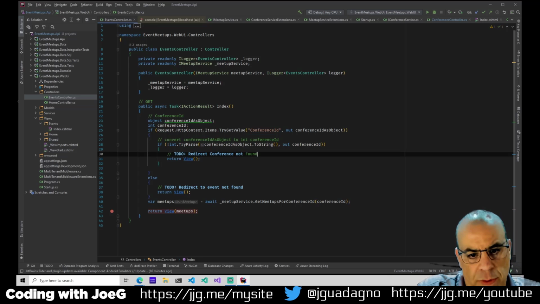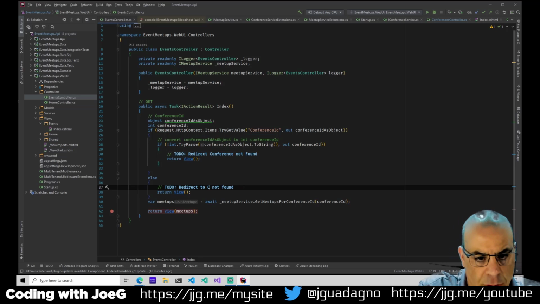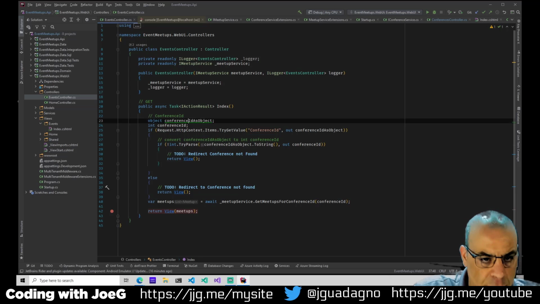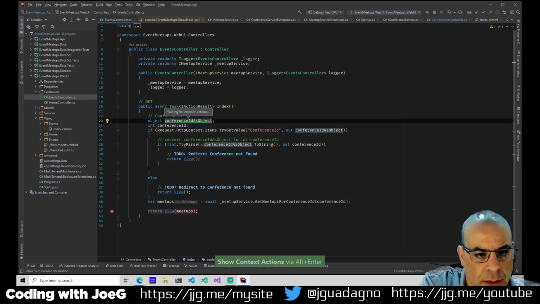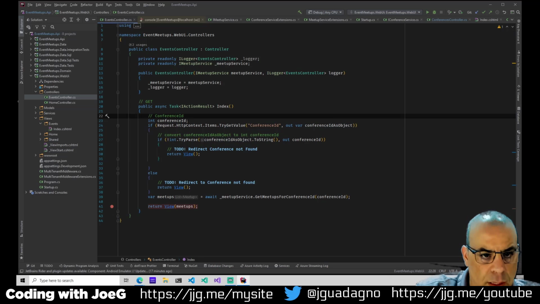Now, ideally, we don't need to do this because we're already doing it in the middleware, but until I get that middleware a little bit nicer and cleaner, we're going to have that problem. I'm going to keep this breakpoint here just to make sure we got everything going. And you probably want me to go this down. That syntax to me just seems weird, but it is what it is.